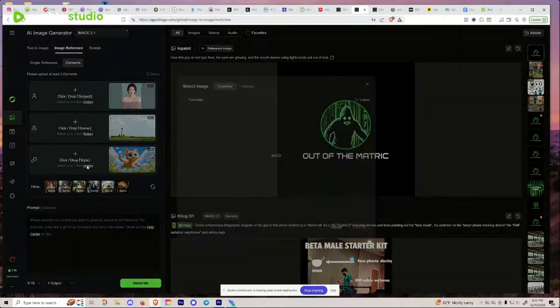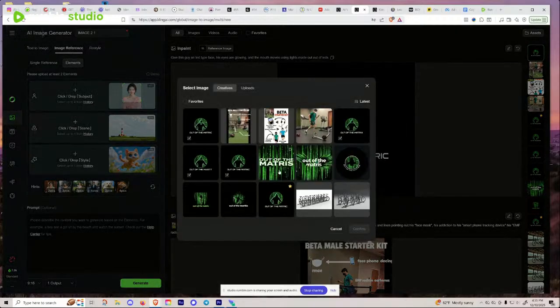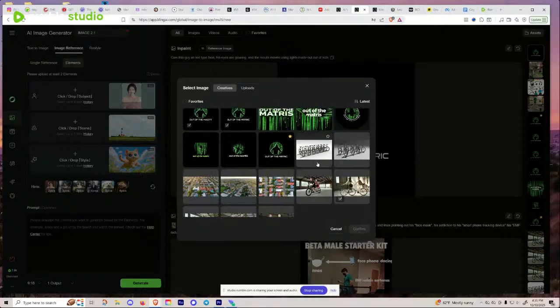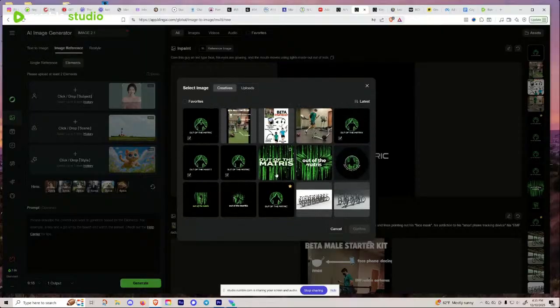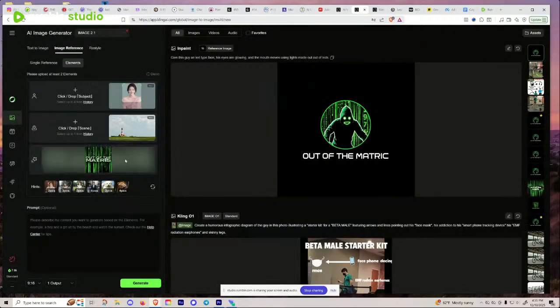style. So if I go up to the history here and say what style, I kind of like this style with all this coding numbers and stuff, and this is from my history. So maybe I could choose this and just say I wanted that style, that green and black and white. Let's see what it does. Maybe it'll create something out of the background here.